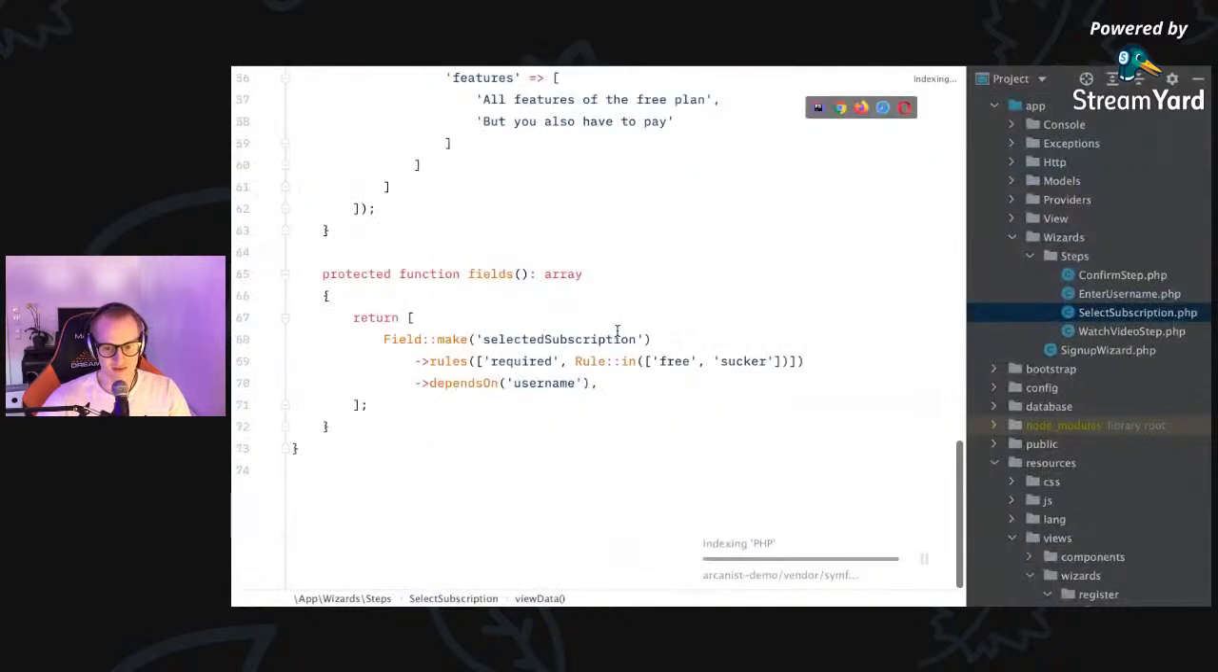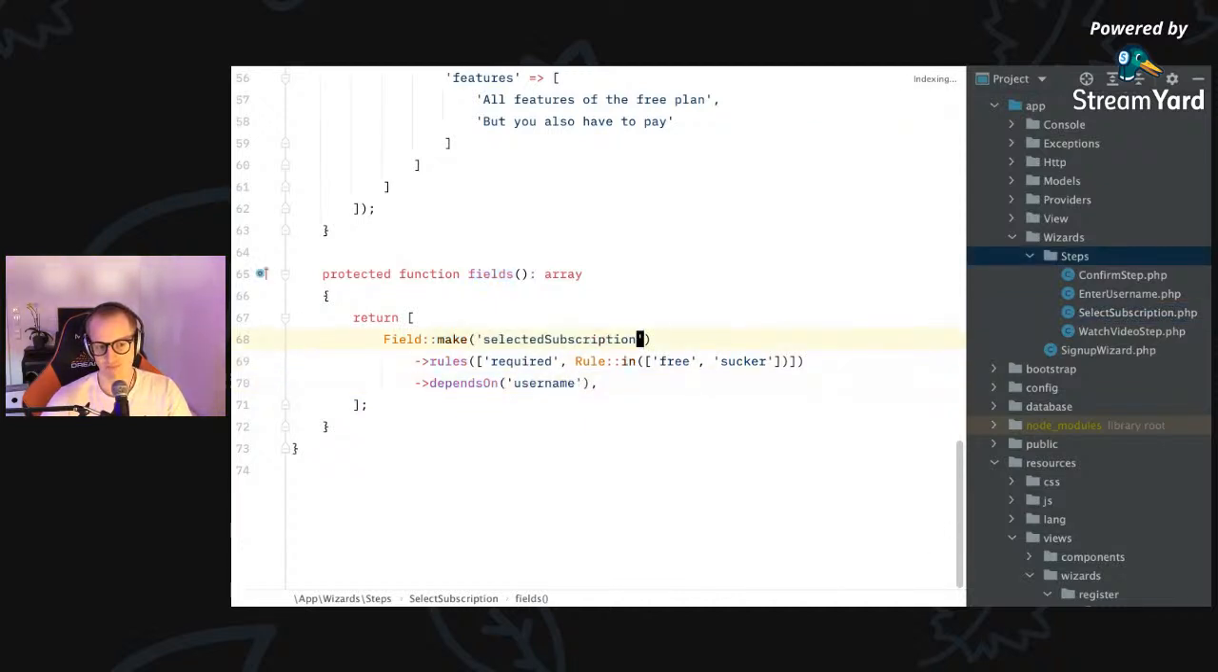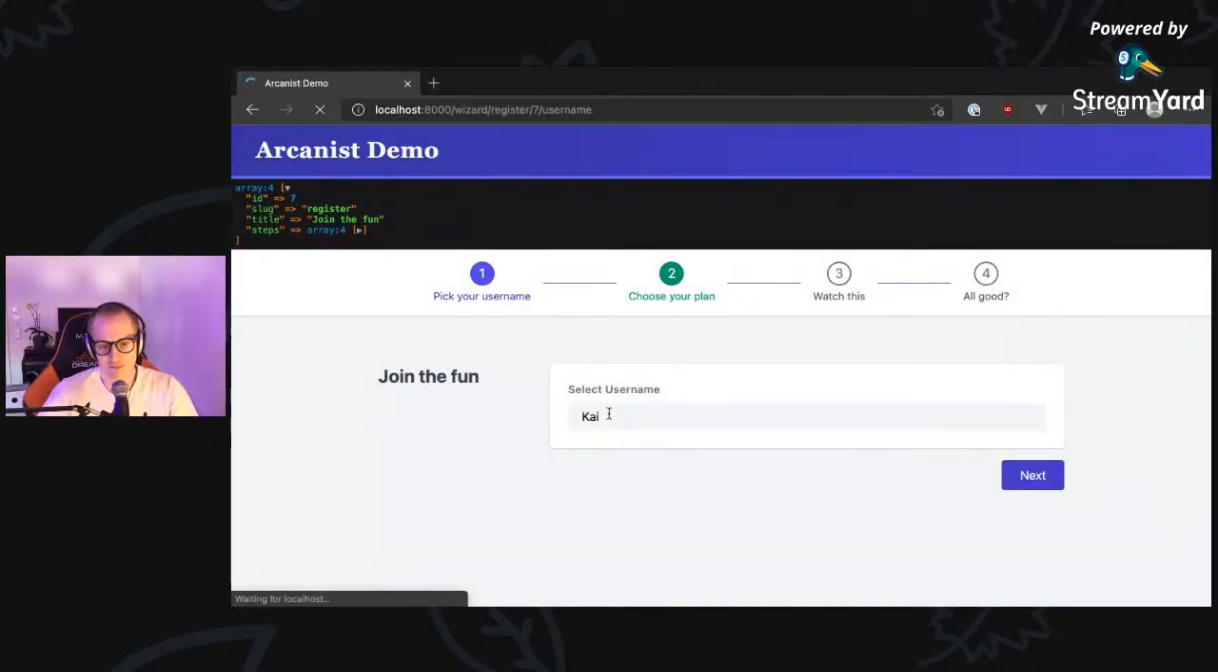Arcanist does that automatically. You just specify that the selected subscription field in the step depends on the username value. So as soon as username changes, the user has to reselect this thing. Okay, so this is nothing you have to implement. That happens automatically. If I now change my name back to Kai,